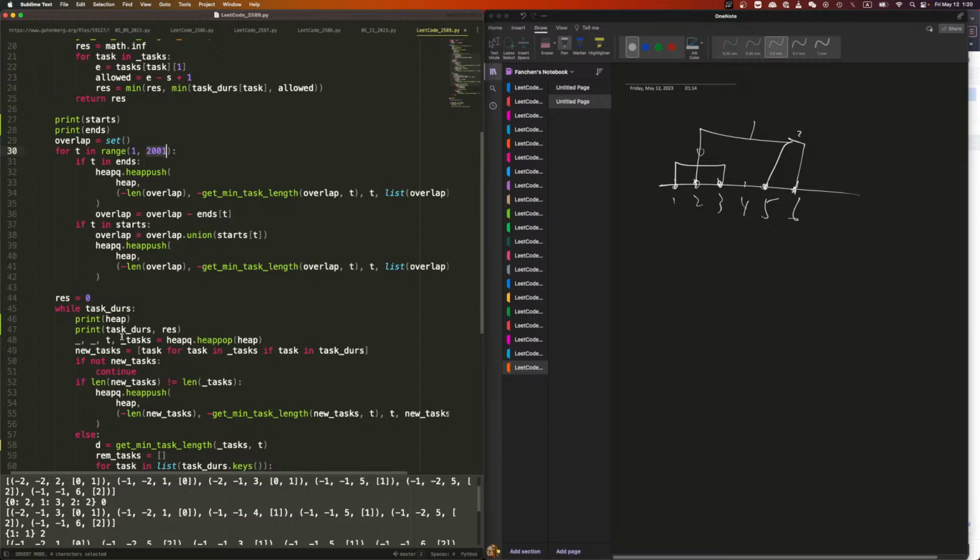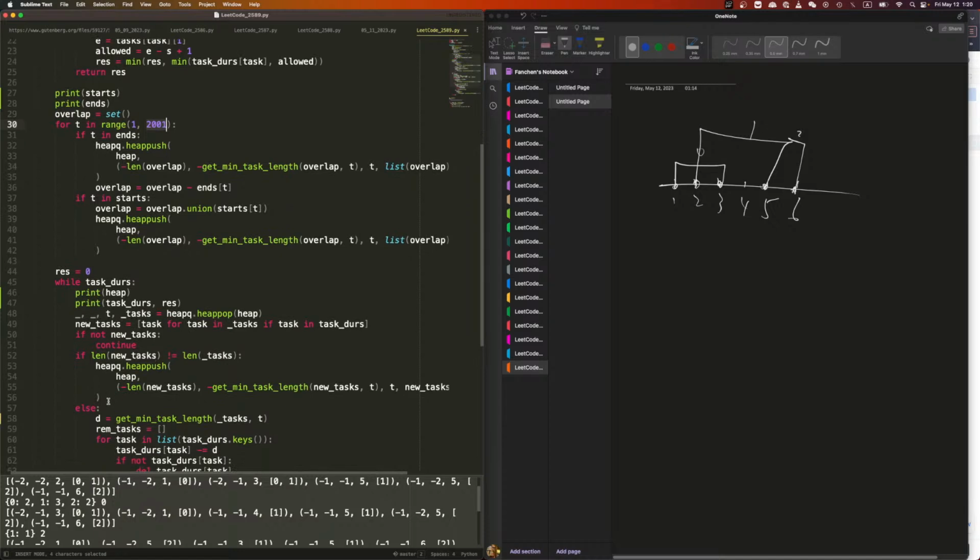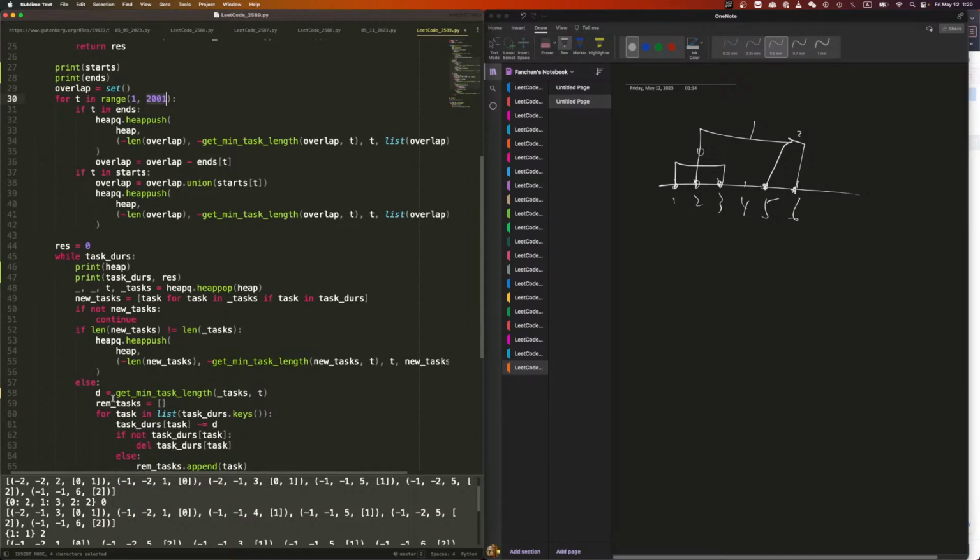Okay, I will get the task. So we have tasks, we have the time. Okay, so we go through each task. If the task is in task duration, then we get a new task. In the beginning, new task is equal to the D, the minimum. Tasks and new tasks are the same thing. And get the current start T. So the D shall be 2, right? Remaining task. And I say for task in this,